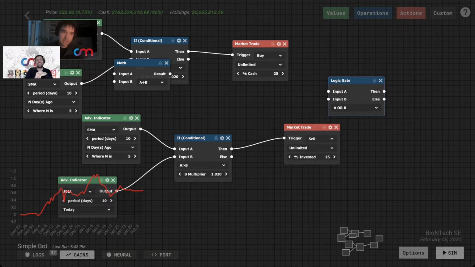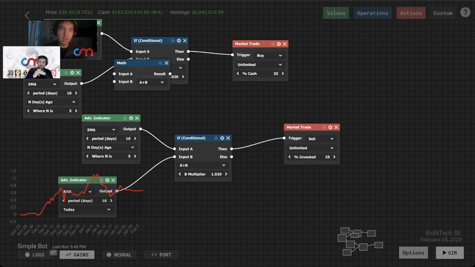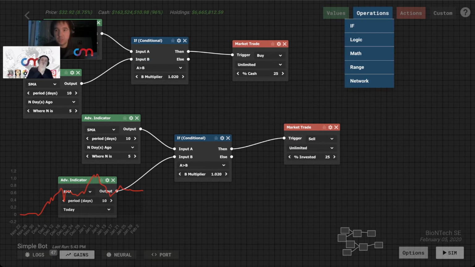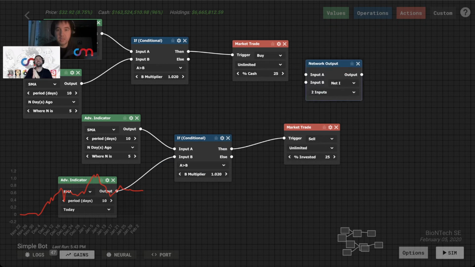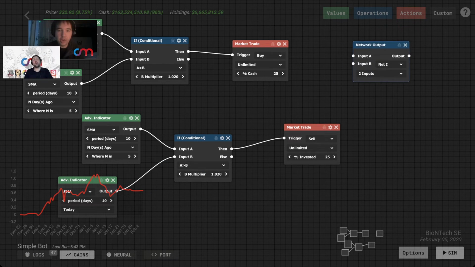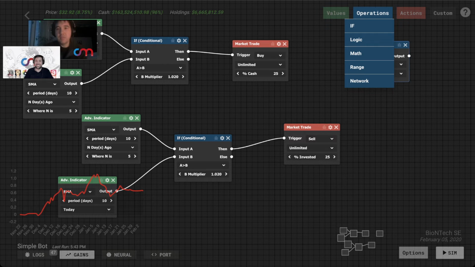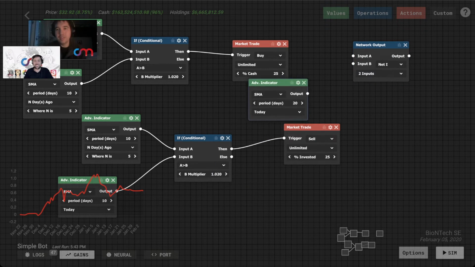I mean, that's kind of nuts. So we have the ability for you to train a neural network based on input data that you define within your bot. So you can choose this network output, and you can say, all right, I'm convinced, as I said before, that the MACD line is inversely correlated to the Kijun-sen Ichimoku. If you don't necessarily know how to quantify that relationship, you can just throw it all into a neural network.